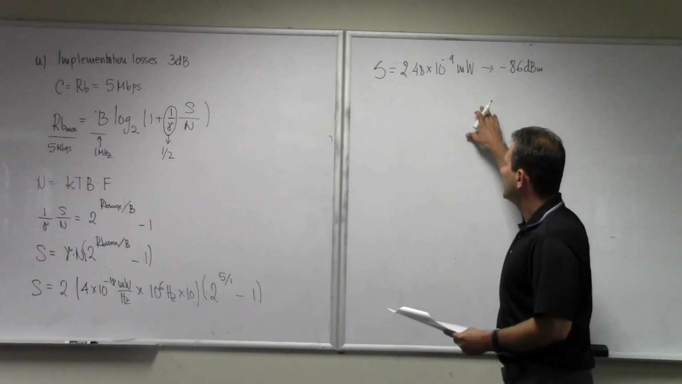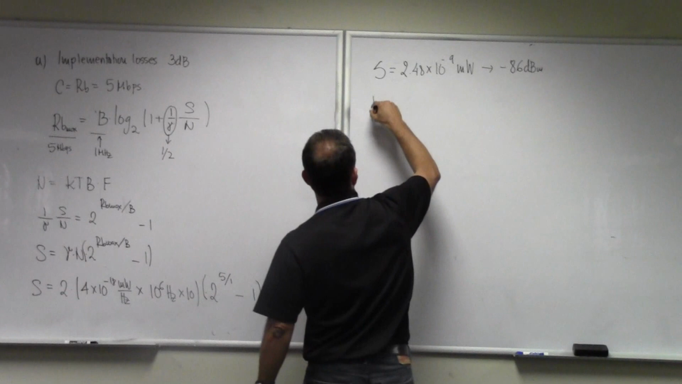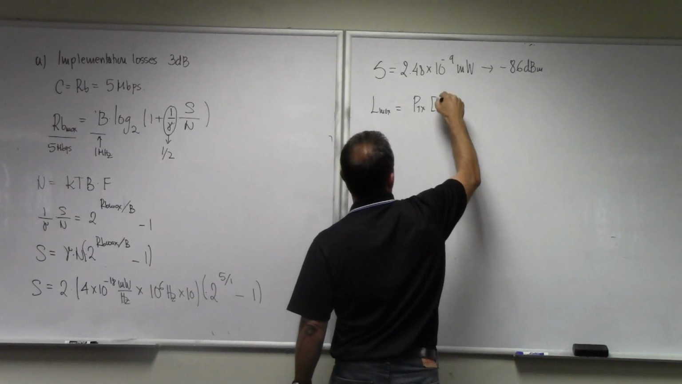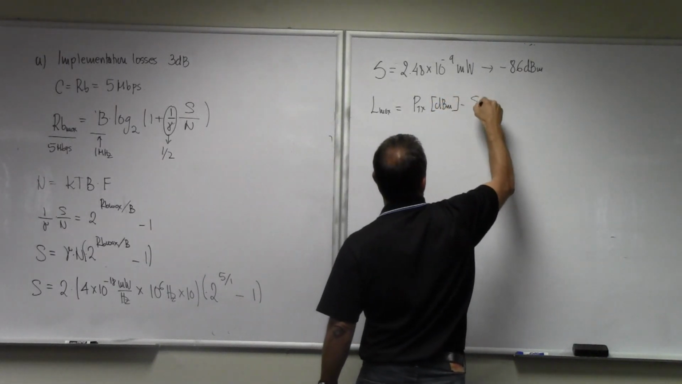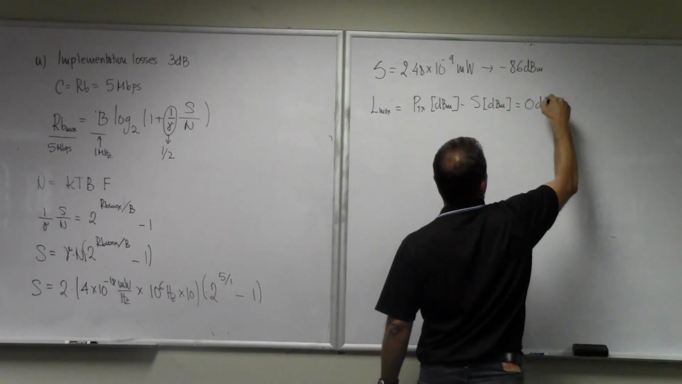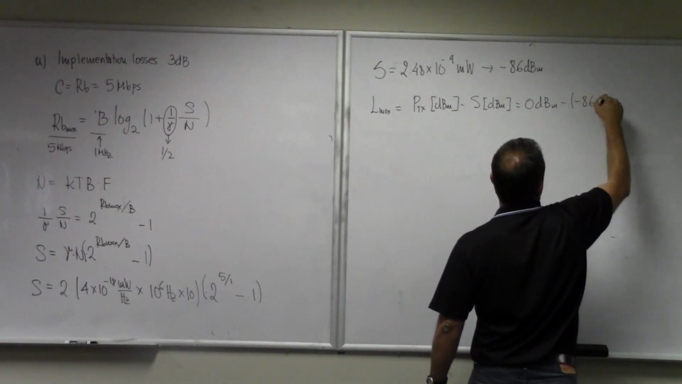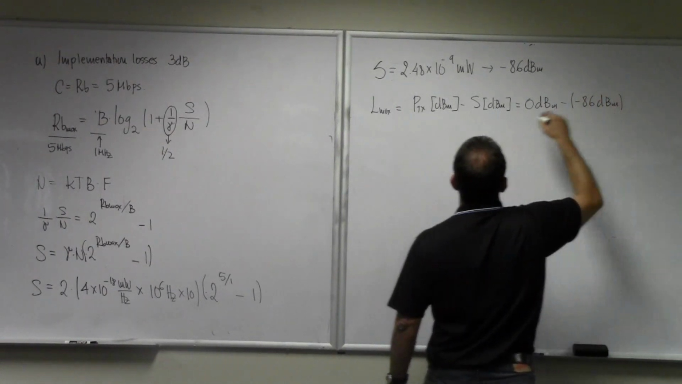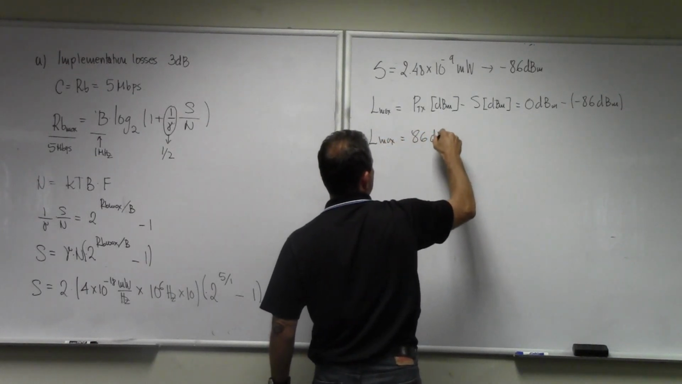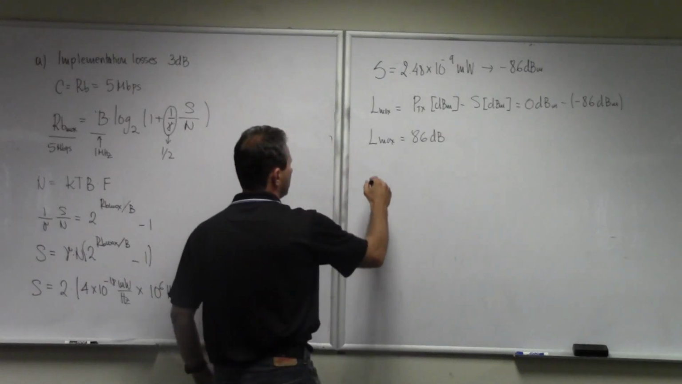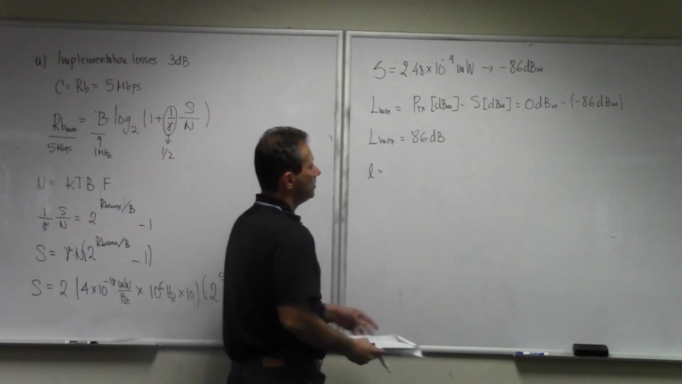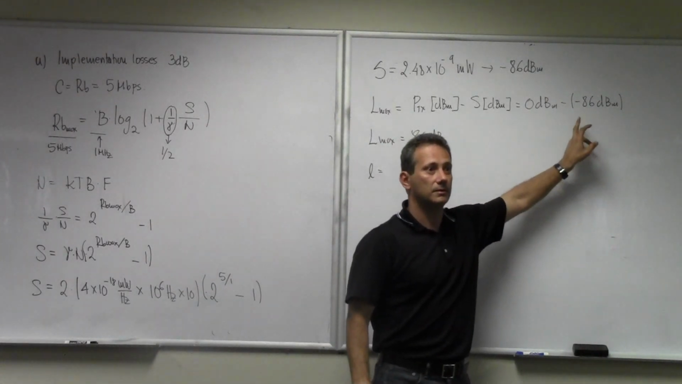So once we know the power, I can determine the total losses. Maximum losses in the system are going to be your P transmit in dBm minus your S in dBm, which is 0 dBm minus 86 dBm, so the losses in the cable can be 86 dB. So what is the length of the cable? dBm minus dBm, the result is in